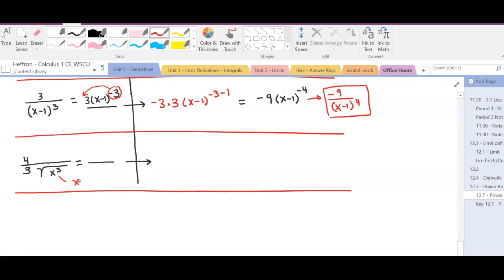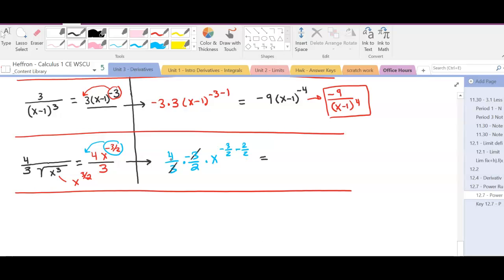This is really x to the 3 over 2 in the denominator. So that means it becomes 4x to the negative 3 over 2 in the numerator, all over 3. Applying the power rule here, we have 4 over 3 times negative 3 over 2 times x to the negative 3 over 2 minus 2 over 2,